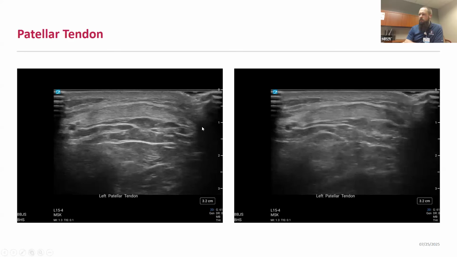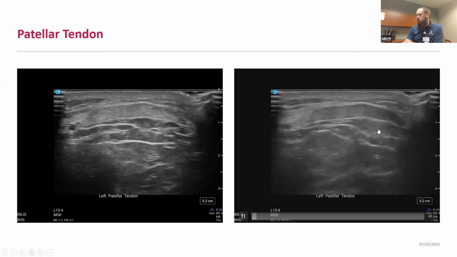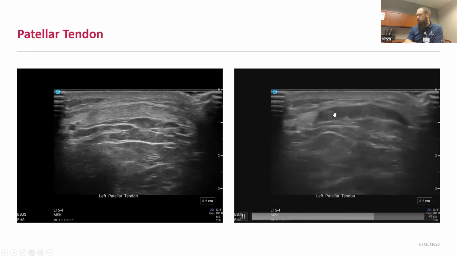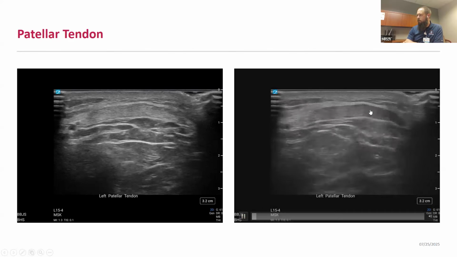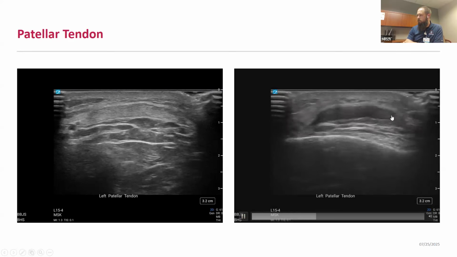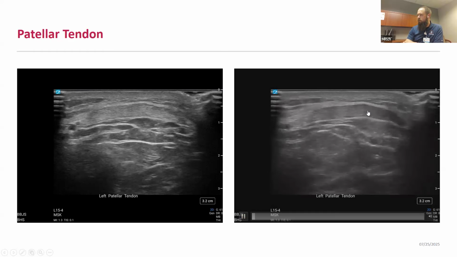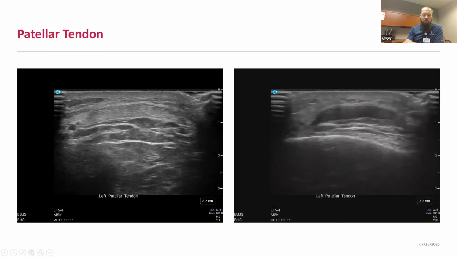And then looking at the patellar tendon in short axis, you're able to evaluate the full width of the tendon. You see some of your medial patellar retinaculum coming off of here. I lose some of that here on that lateral side, just from the probe floating off of the knee. And then again, evaluating tendons, be wary of anisotropy. I'm toggling the probe cranial to caudal here. Depending on the positioning of your probe, you'll be able to bring that tendon into good view versus more of that hypoechoic appearance of the tendon.